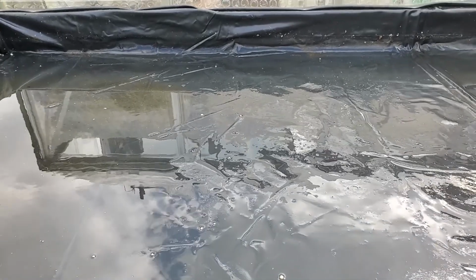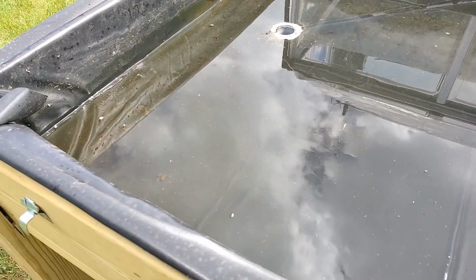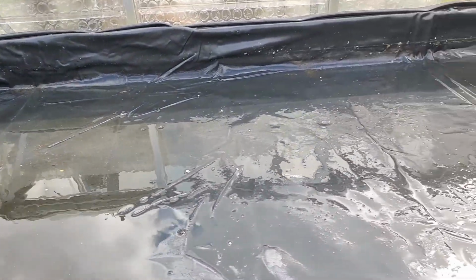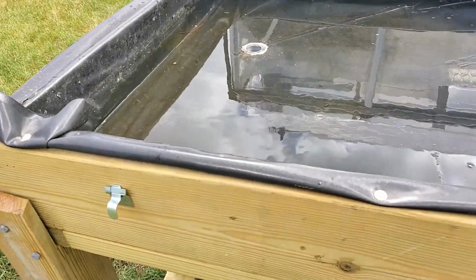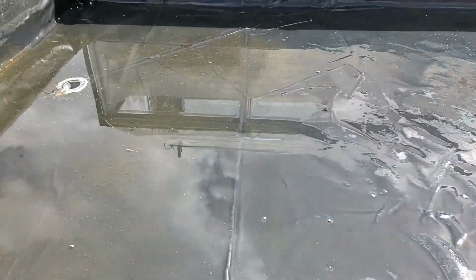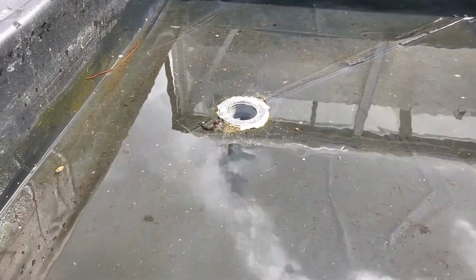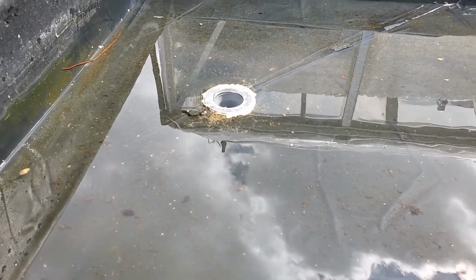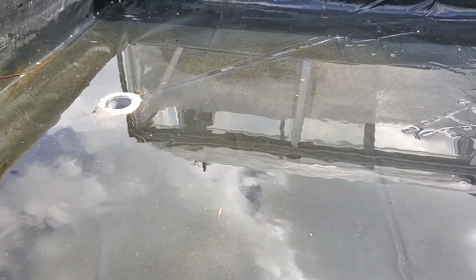The base of the water table is a pond liner that I've just formed into the table frame, and then I just used simple nails to lock it in place. From here you can see the drain and how I have plumber's putty around to seal it. That does not eliminate all the water coming down because I didn't countersink it, but it does help drain most